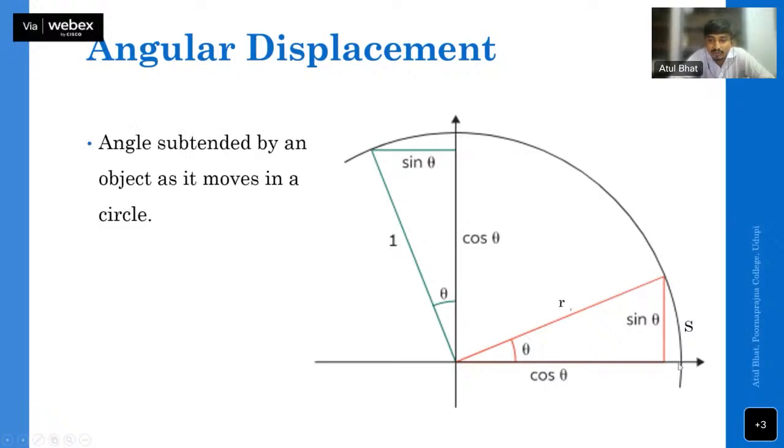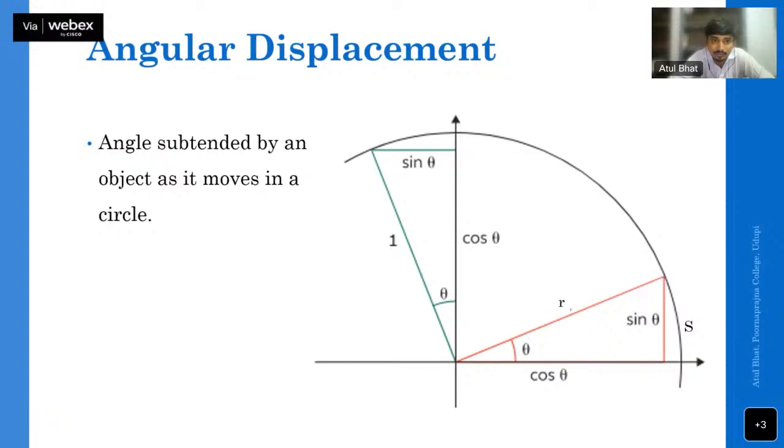The object starts from this junction over here, and from here the object starts moving and goes along this path. Let's say the object travels from this point to this point over here, where the red triangle meets the arc. The object moves from this junction to this point in time t. Then this distance traveled by the object along this curve in time t is known as the